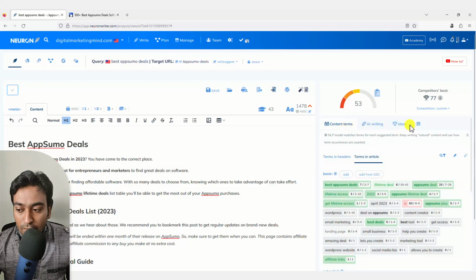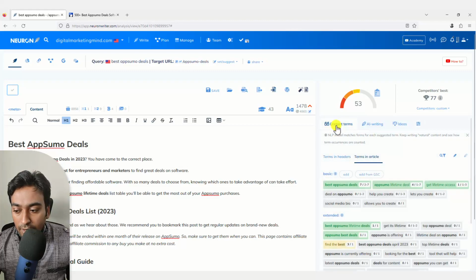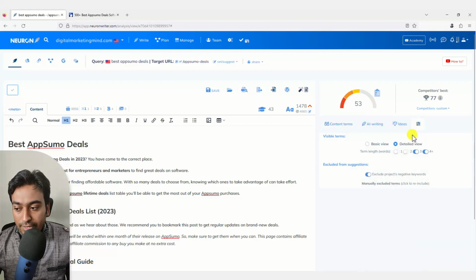Currently it's showing me all the keywords, but let's say I want to hide any one-word or two-word terms, I can do that. Now it won't show me any one-word or two-word terms. Depending on your use case, you can do that. My suggestion is to keep all this on and decide based on the particular option for you. Also, for negative keywords, you can choose whether to include them or not.